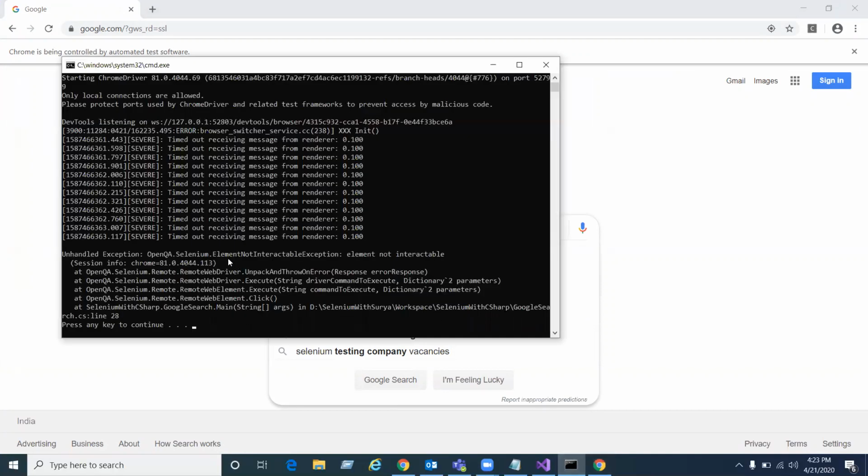Now here you are getting an element not interactable exception. That means it is unable to interact with that element.